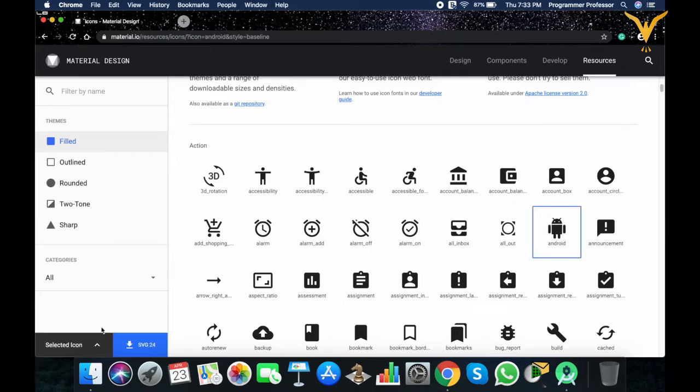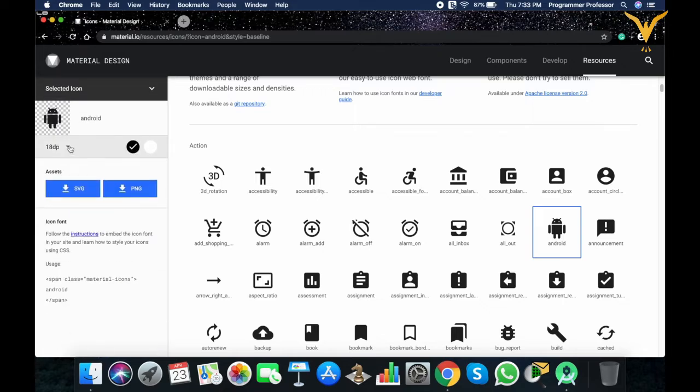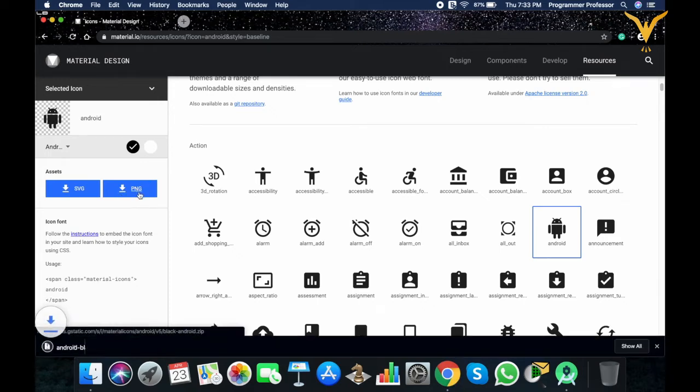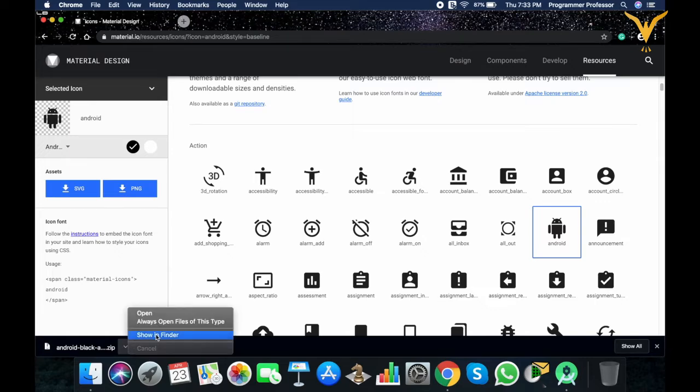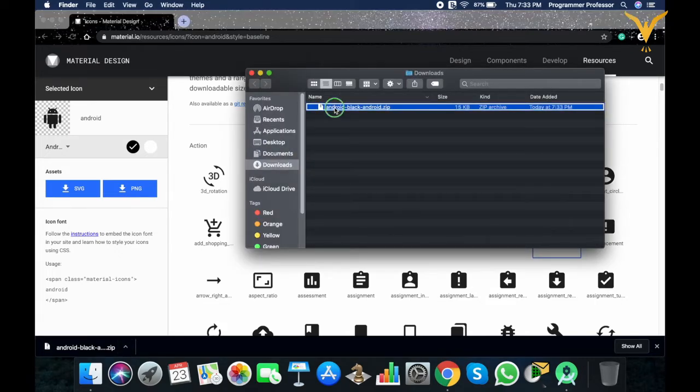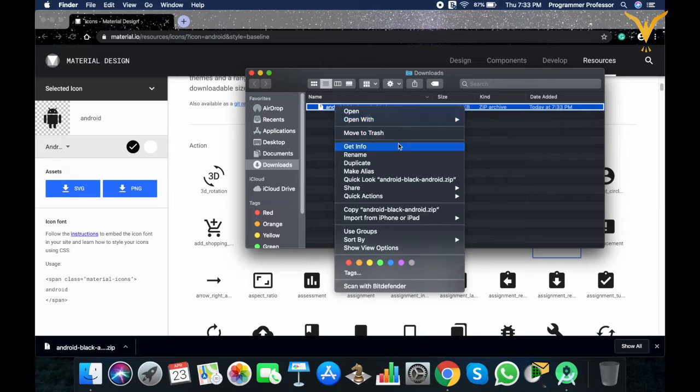Here you will get the version to download, and you will get the size. I'm selecting this Android. Then I want these icons in the form of PNG, so click on this. So this zip file will get downloaded. Extract this.